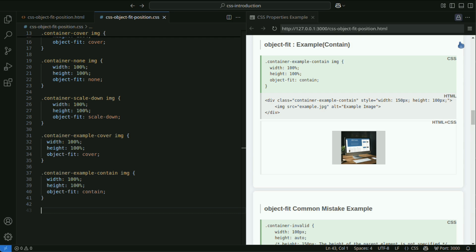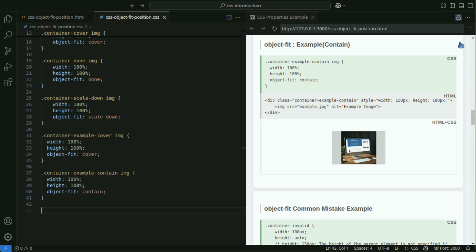A common mistake when using object fit is not setting the size of the parent element. Object fit is a property to fit content to the parent element, so if the size of the parent element is not clear, the expected effect cannot be achieved. Make sure the parent element has width or height properly set.